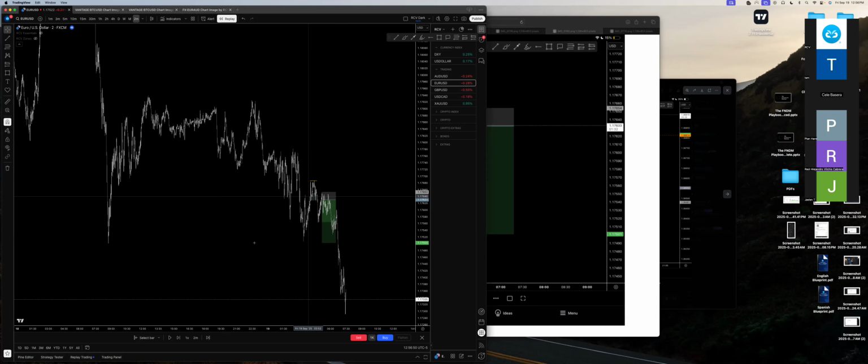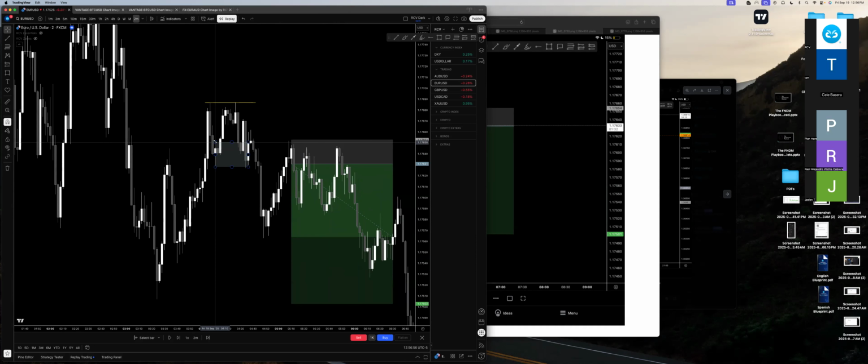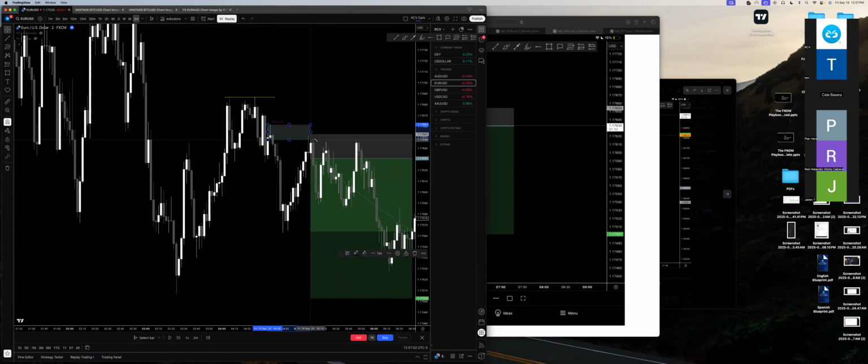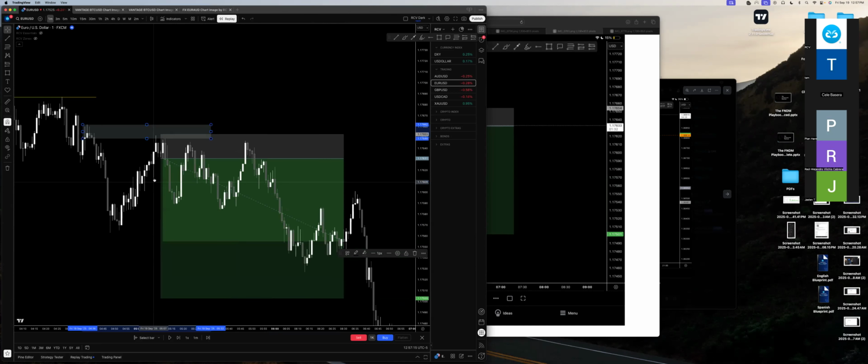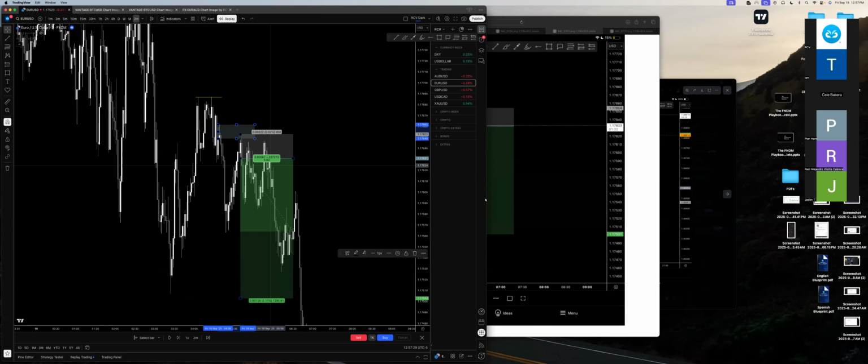So my entry was based on, like I said, M2 engulfing here. We came back, and if we're using another point of interest, this isn't something I probably would have traded, but there is an M2 POI here that we came into, and then we had a very strong engulfing candle. So I kind of just took my perimeter based on that, because also that is an M1 break of structure, as you can see here. So if we're breaking the structure here, we've now shown unwillingness to continue higher because we're not breaking out the high. So I'm using that as my perimeter to be bearish, and that's about a 1 to 6 almost.